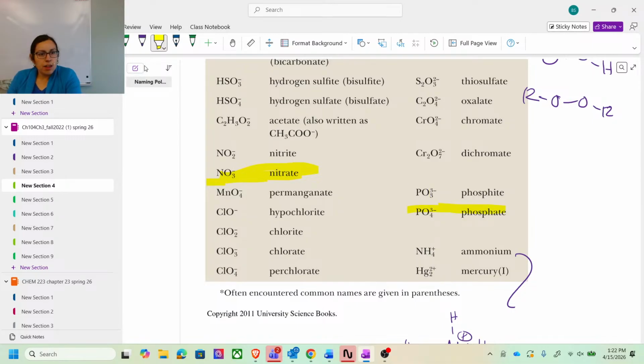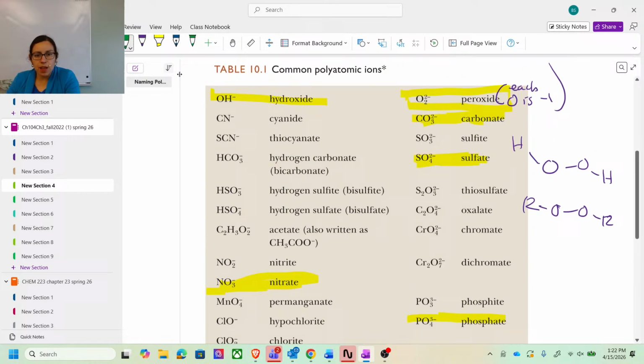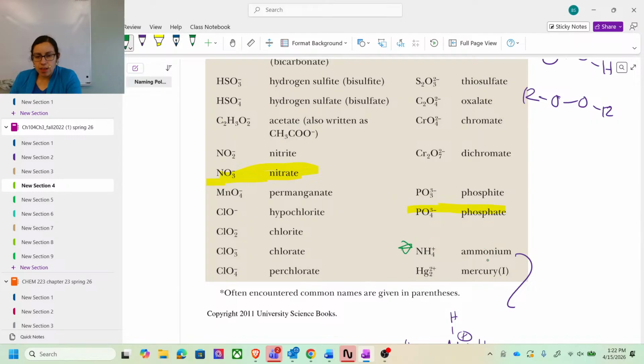And then notice that ammonium is one of your few cations. So, right, all of these were negative for the most part. And then we have ammonium, which has a positive charge, so that's a little odd. And then any sort of ammonium derivatives,